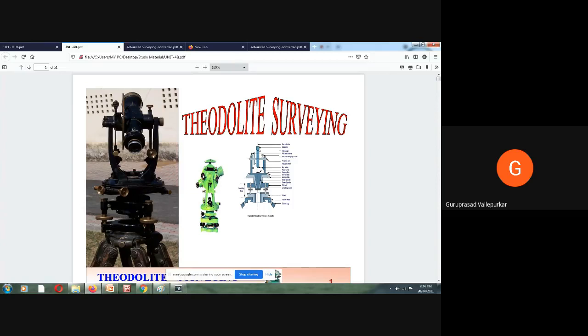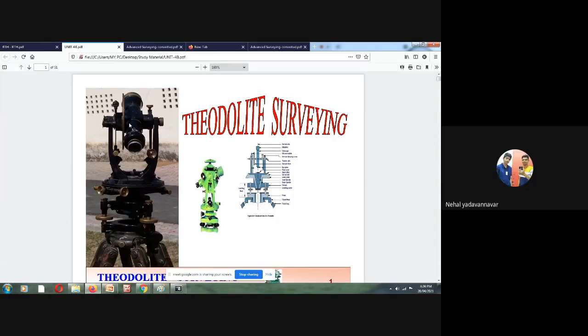And this vertical circle, which you are going to see over here, we use to measure what? Vertical angle. Okay. Now, this is what I am showing with the cursor. Which axis is this? It is the horizontal axis. Yes, very good. And what is this? This is the vertical axis. And what is this? This is the telescope. What is the purpose of the telescope?